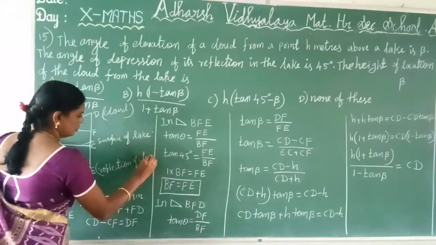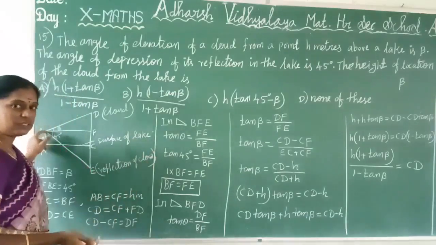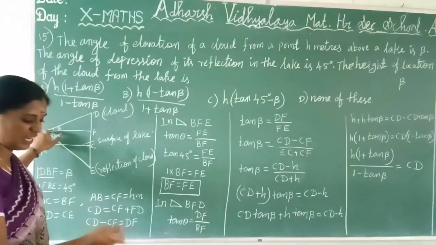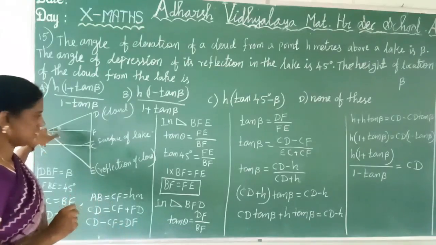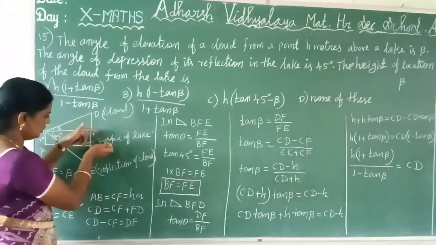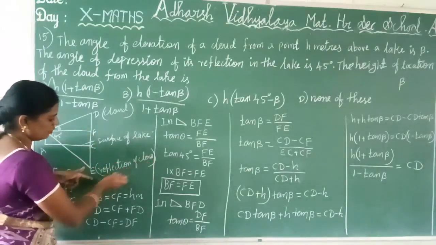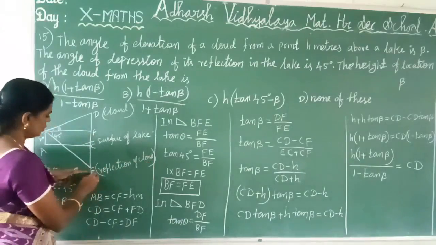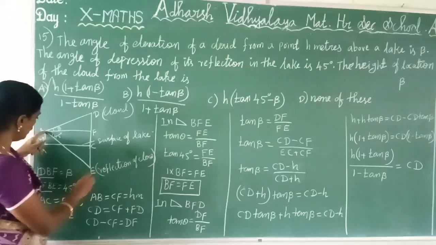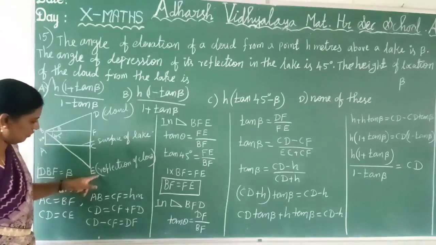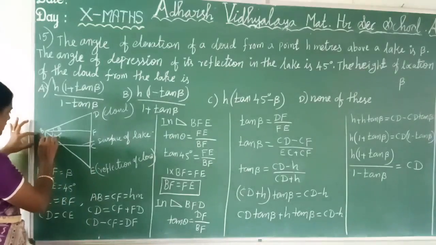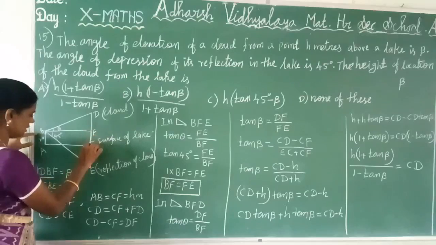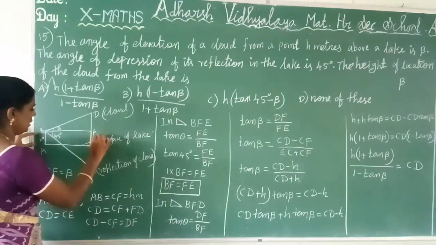And this one is the reflection of the cloud in the water level. That time itself we discussed it. Suppose you stand near the well, your reflection in the water, you simply see the well. The same thing, inside the lake your cloud's reflection is there. Clear? So that is E. From point B to see the reflection, the angle is 45 degrees. Clear? So here AB is h meter, and the same thing, CF is also h meter.